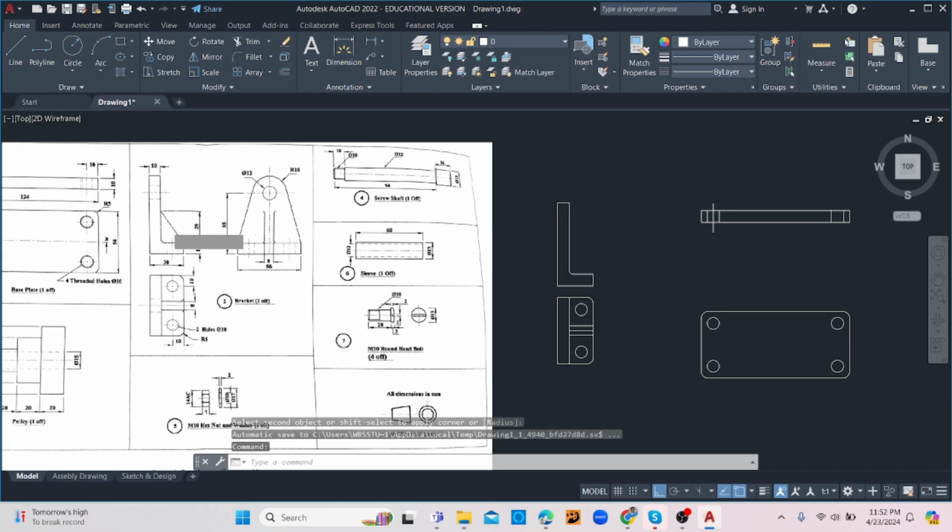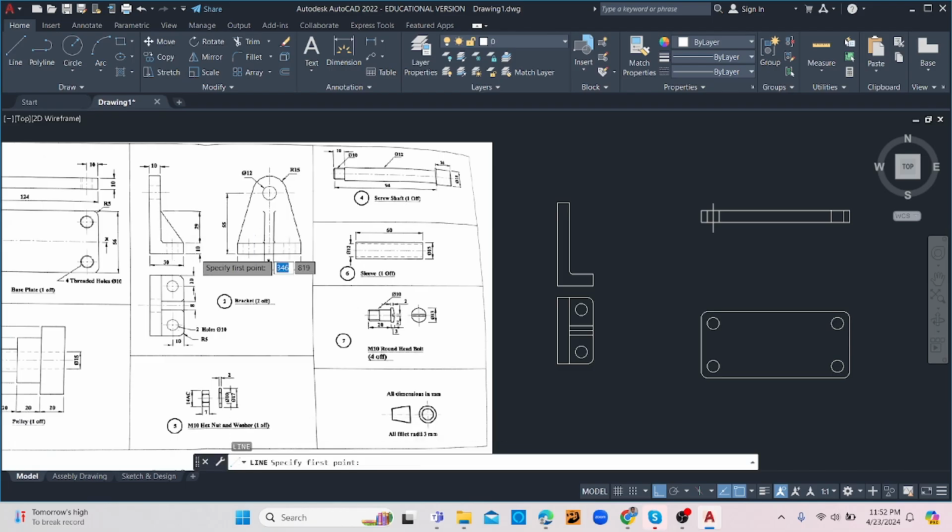Alright, so now once that is in place, it's time for us to draw the web, which is basically this portion here, and they tell us how far up it's going, because we know where it's starting already right here, but how far is it going, we don't know. It is actually 29. They give us the measurement. Alright, so what are we going to do? Whichever method you choose will work just fine. In this instance, I'm going to offset that 29 up. So I'll offset this line up for reference,